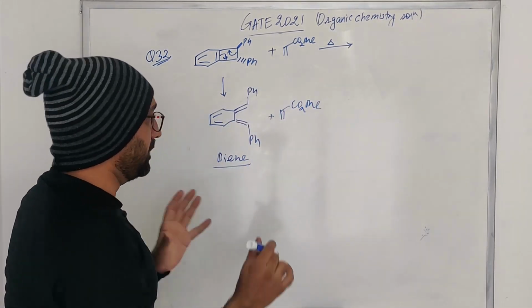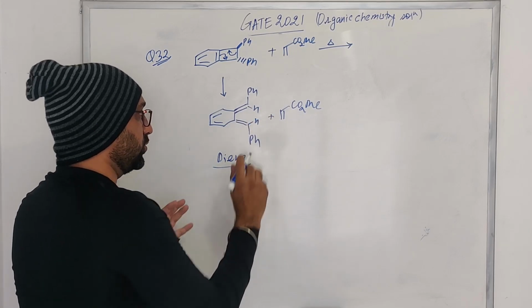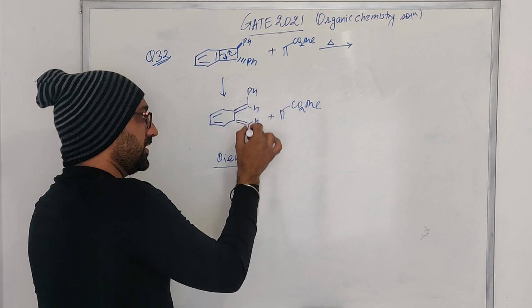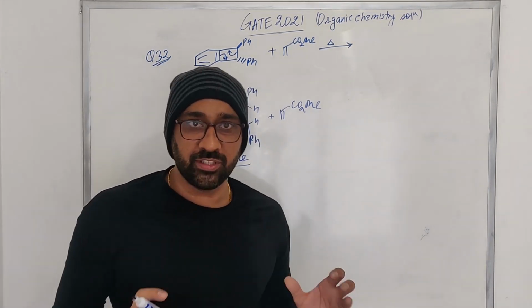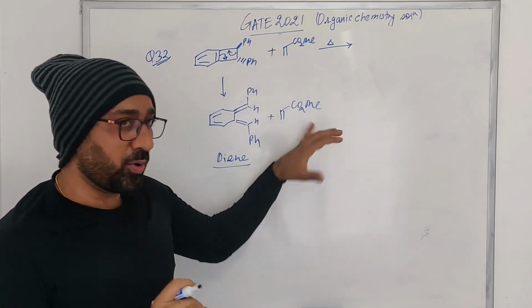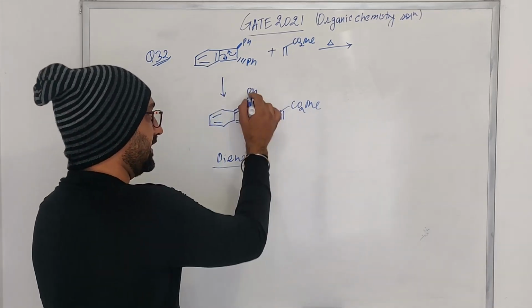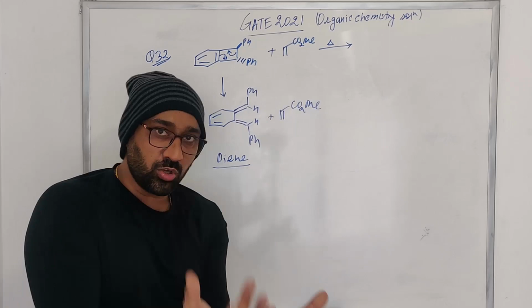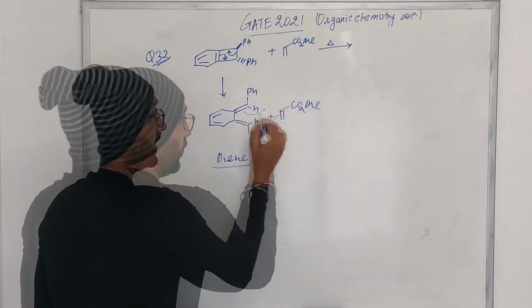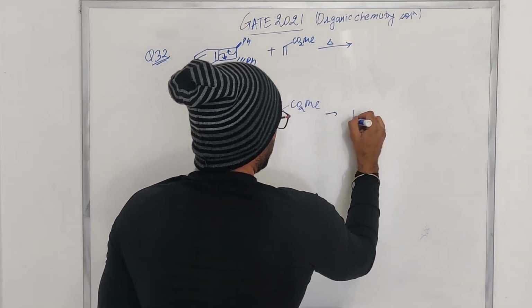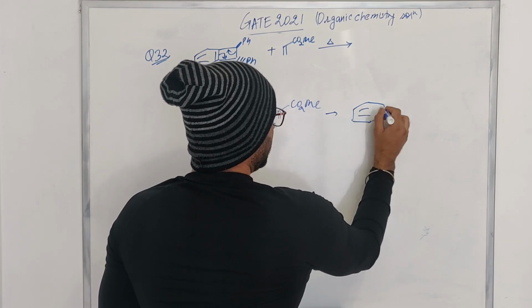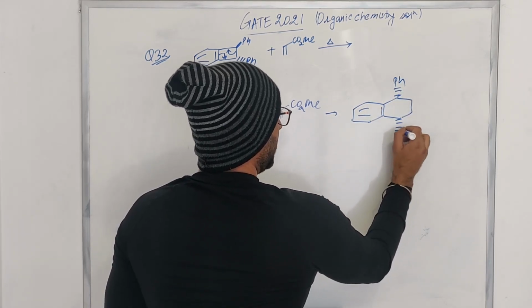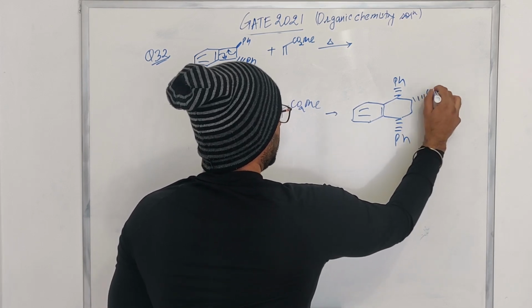Now if you have seen my videos, you can clearly understand when such reactions take place, both these phenyl groups are going to end up on the same side, and this group also will be on the same side. If these two are coming out of the plane, they are going to be coming out of the plane, and this will also be coming out of the plane. So this Diels-Alder will take place. The product of this reaction that you are going to get is this one. This is phenyl, this is phenyl, and this is going to be ester.